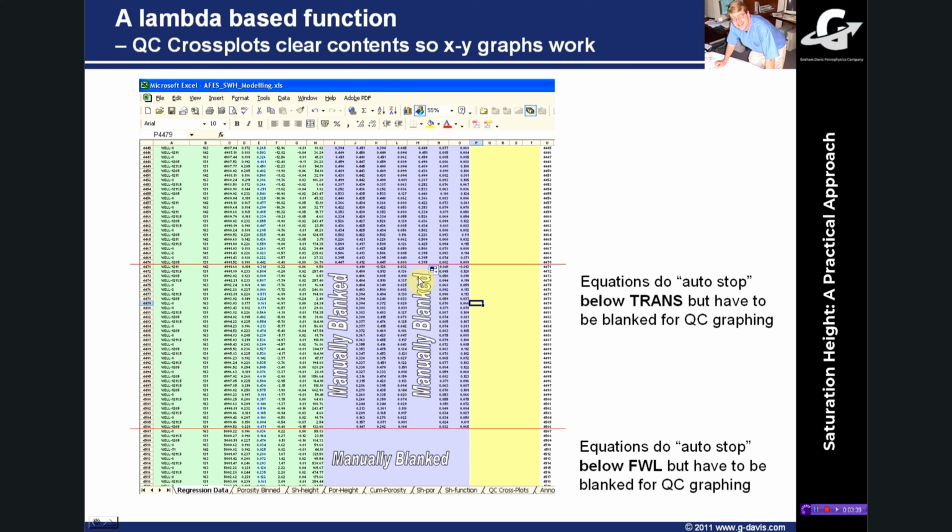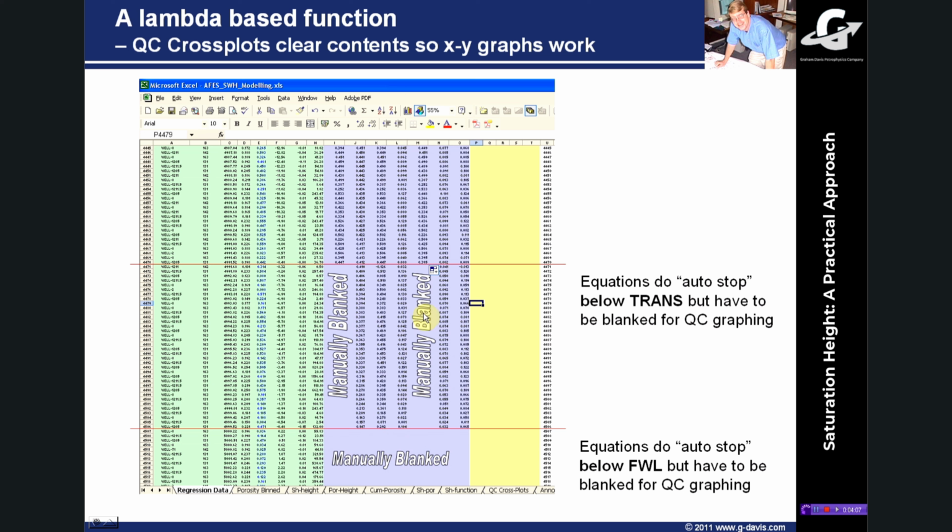Now I do this at the end because obviously if you're playing around and changing the free water levels, then the depths at which these automatic blanks occur change a little bit. So get the regression right, get happy with your free water level and the transition zone, and then once you've finished, you'll go to the QC plots and find that they don't plot out right, and then you'll remember to come back to the regression sheet and manually blank out everything below the free water level.